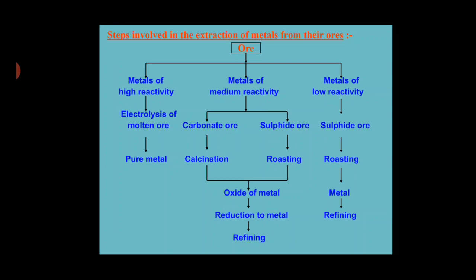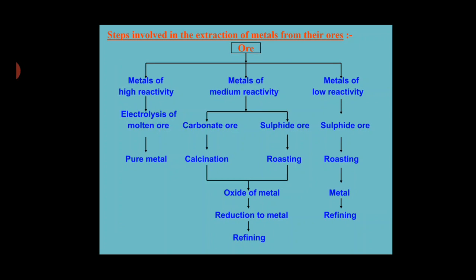It's not compulsory that all the metallic ores are present in their sulfide form or carbonate form. When it is not present in the sulfide form or carbonate form, then we do not perform the conversion step. But when the metallic ores are present in sulfide form or carbonate form, then we perform the conversion step. So on the basis of that, we can say that in the extraction process of metal from their ores, basically